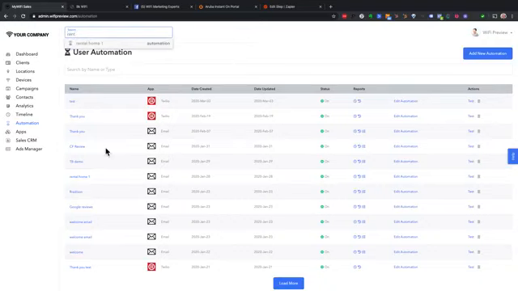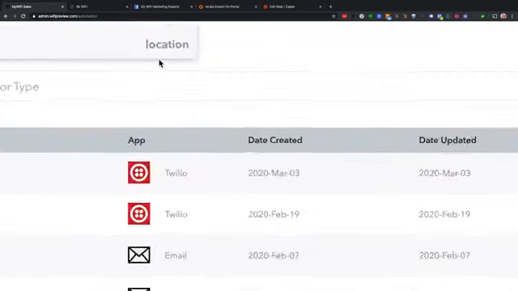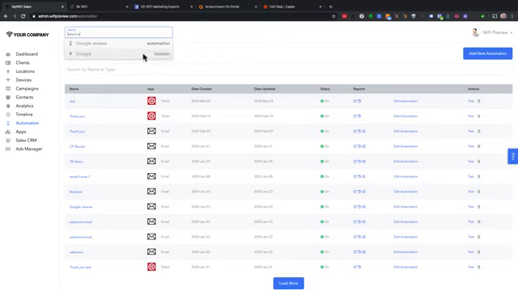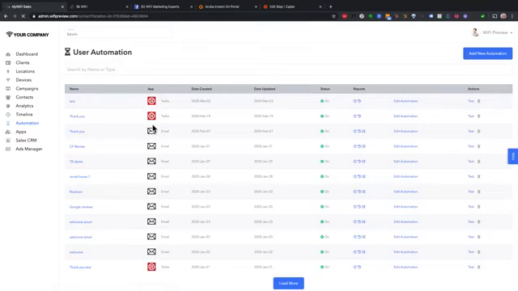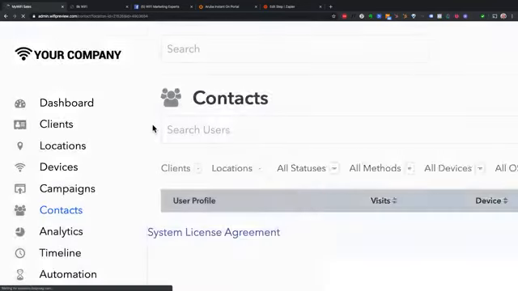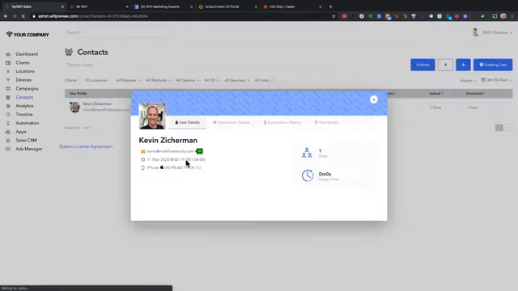Just looking here, so you have an automation, or Google. I'm searching for any automation, location. If I was searching for a person, I can type in their name. You see like my name there. So it's great to find things quickly. If you're looking for something really quickly, you can very easily just search for any client, location, device, campaign,